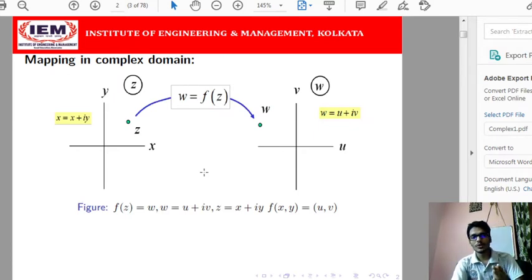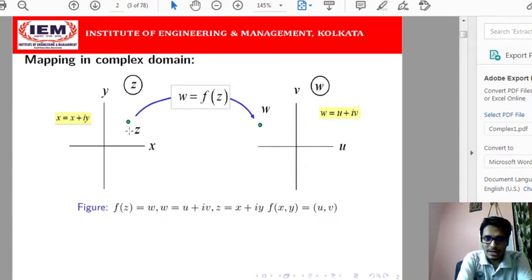We know that we can represent z in a 2 dimensional plane, and we can represent w, being a complex number, in another 2 dimensional plane. So we are considering two planes: one is the z plane, another is the w plane. If I identify a point z in the z plane, it is a point in the 2 dimensional plane. It can be written in the form of ordered pair x comma y. So z can be written in the form x plus iy, and it can be represented as the point.